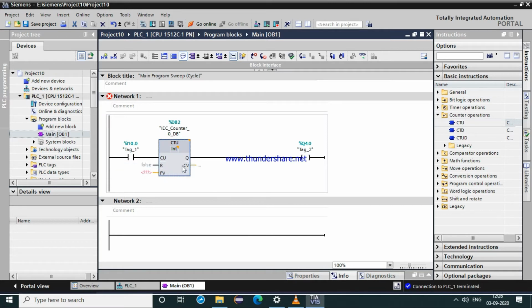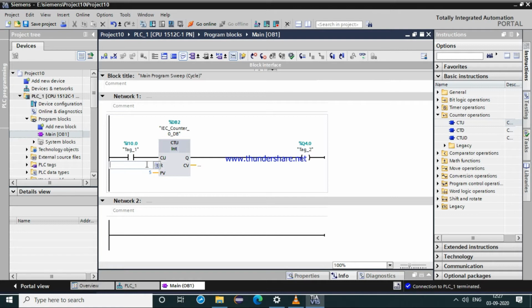So there are these different ports, that is your preset value. This port is for your reset. CV is your current value. For the preset value, you need to give the count, how many times it should count, and then after counting we will get an output. So I will give a count of 5, and the input through which I want to reset my counter. After it reaches 5, we also need to reset our counter so that it comes back to the initial position, that is your 0.